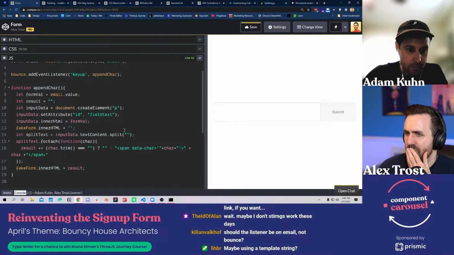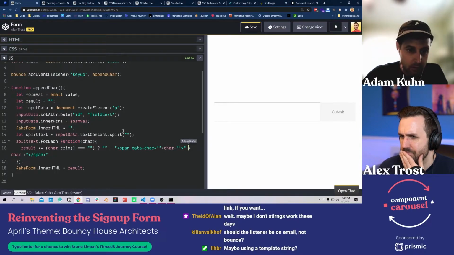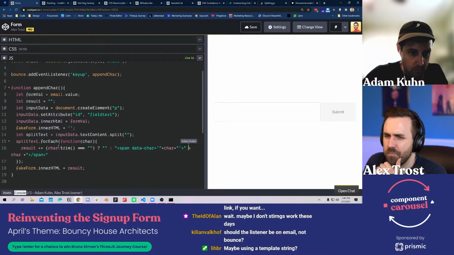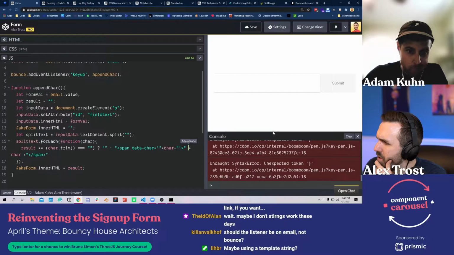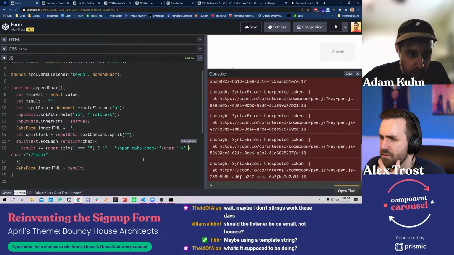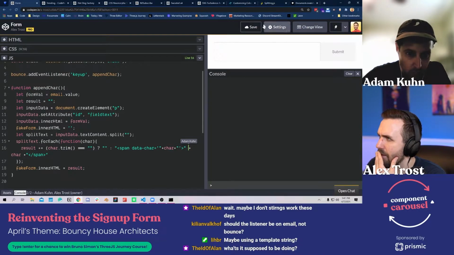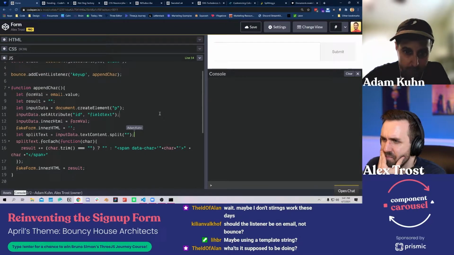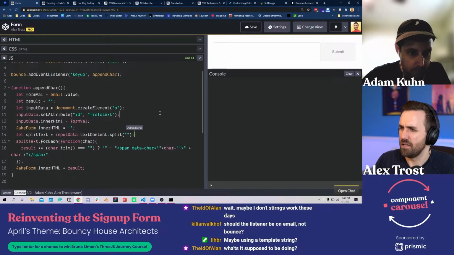All right, just a second here. I'm getting stuff in the console, but I don't know if it's old. It might be old. Yeah, from the format being. No worries.